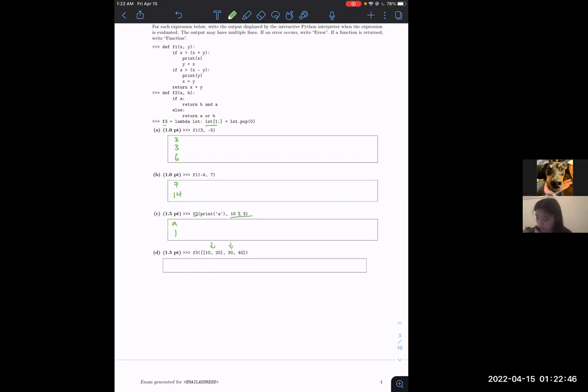So this will evaluate to the list 30, 40, since we're slicing it from the first index, and then it will add it to